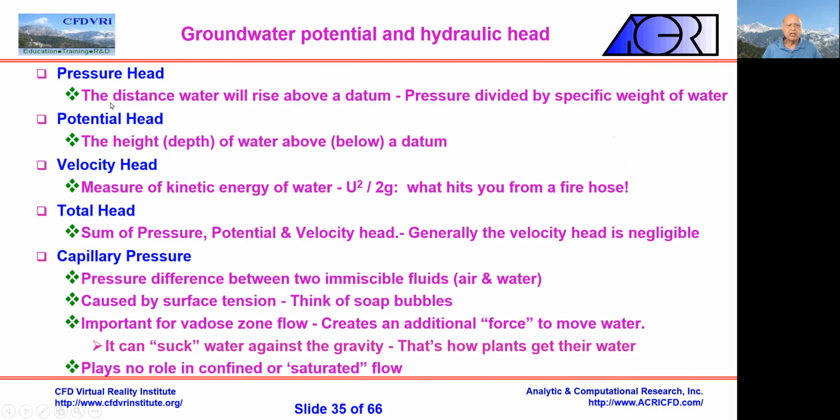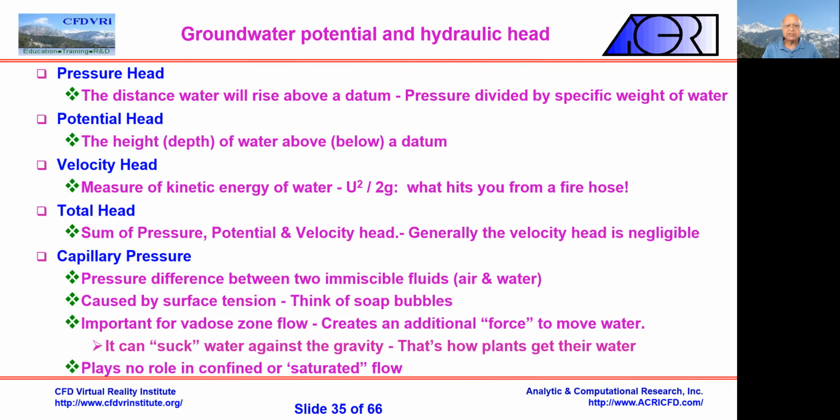So some of the concepts are pressure head. Pressure head is basically the pressure divided by specific weight. In groundwater terms, you always talk of, let's say, atmospheric. What is atmosphere? Of course, it's 14.7 pounds per square inch, whatever it is. But typically we say, well, it's approximately 34 feet of a column of water, right? Or mercury, so much of mercury, in millimeters of mercury. Okay, so we talk of length or height terms, and that's because we divide the thermodynamic pressure by the specific weight of water, which is a good measure.